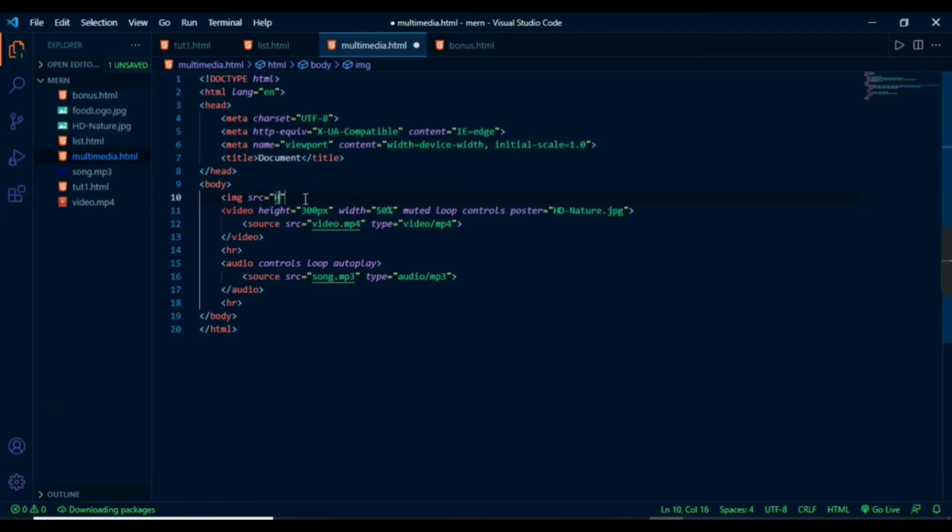I have already downloaded a nature image in our working folder. So I am writing the name of our image which we want to add in our web page, that is hd_nature.jpg. Save the file and run on the browser. Refresh the browser.